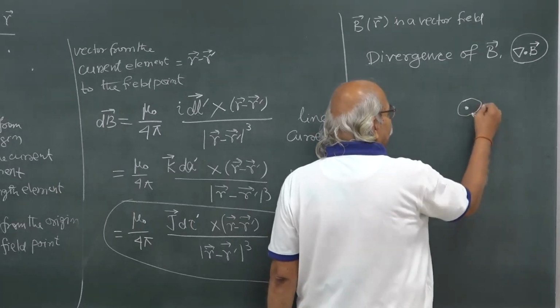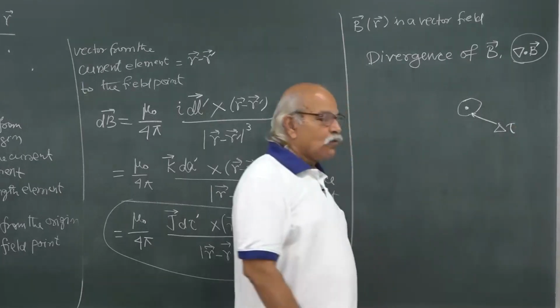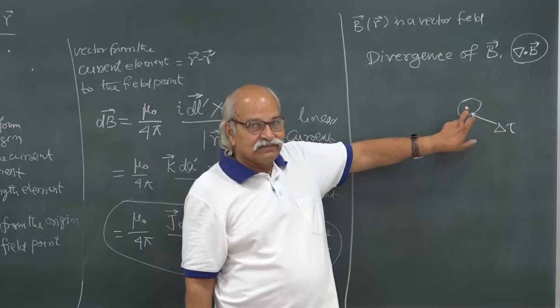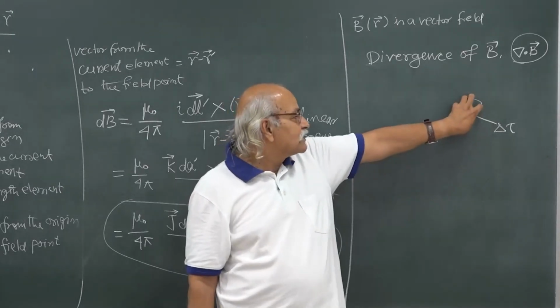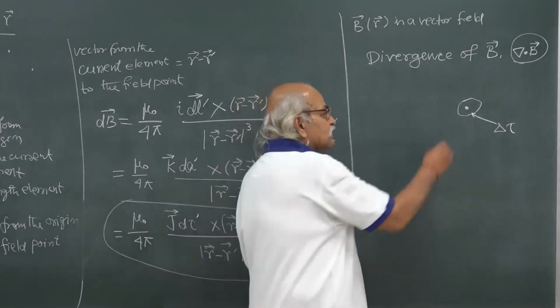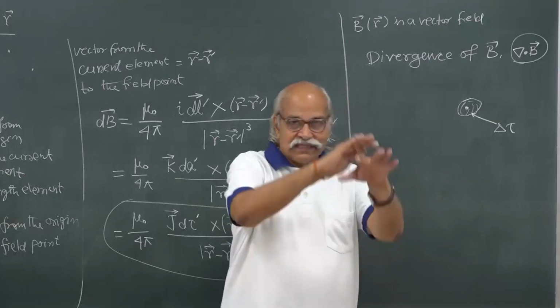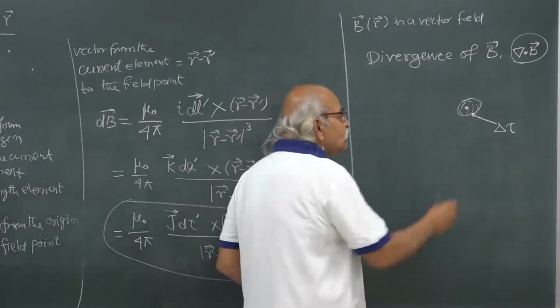This is a small volume, and the volume, let me write, is delta tau, and this point is inside the volume, right. Closed volume means there is a surface and this P point is inside. On this volume